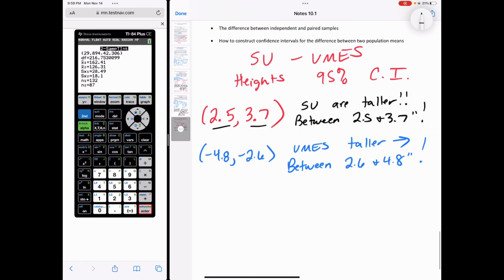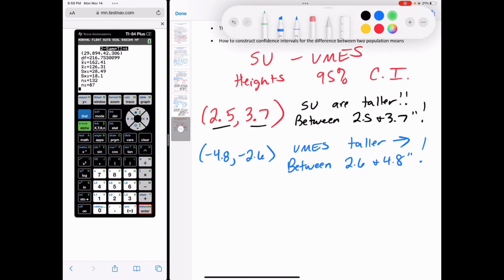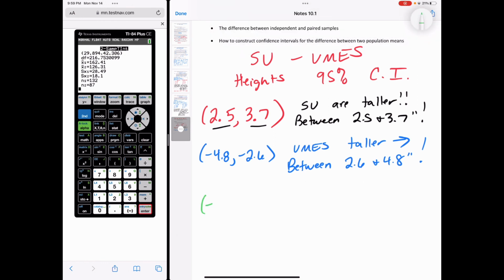I think the heights would be something like this. Okay, so look at this confidence interval. Okay, now what does this say? Well, negative tells me UMES might be taller. Positive tells me SU might be taller. More importantly than that, I have a 0 in this confidence interval. 0 tells me there's no difference. Okay, so here's what this is. This tells me no difference